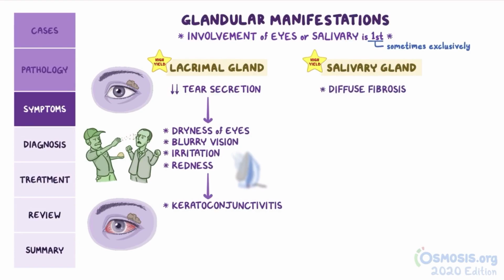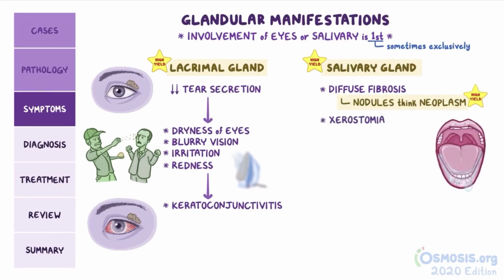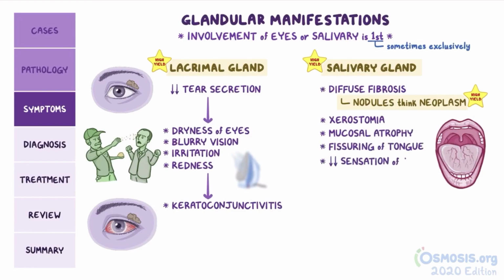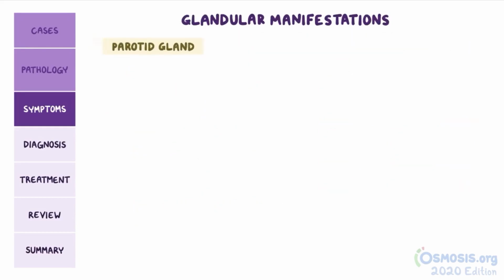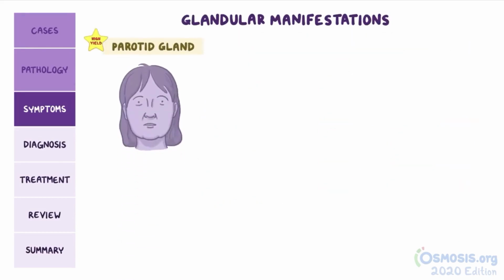So remember that if you see nodules, think neoplasm instead. The diffuse damage to the glands leads to xerostomia, or dry mouth, due to decreased saliva secretion. The lack of saliva causes mucosal atrophy and fissuring of the tongue. It can also lead to decreased sensation of taste, problem swallowing, and tooth decay. If it involves the parotid glands, fibrosis can lead to bilateral parotid enlargement, which can compress on the nearby nerves,